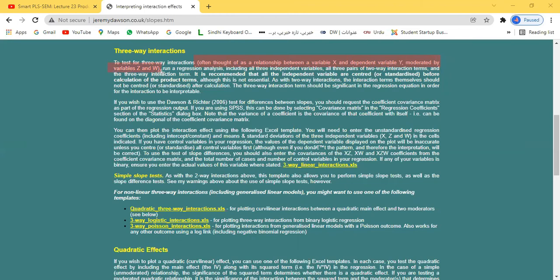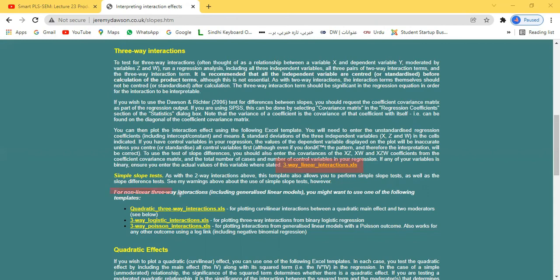In the two-way effect you saw one independent variable, one dependent variable and one moderator. But here there is one independent variable, one dependent variable and two moderators. That's why we call it a three-way interaction effect. If you want to download this tool, the link is available here.